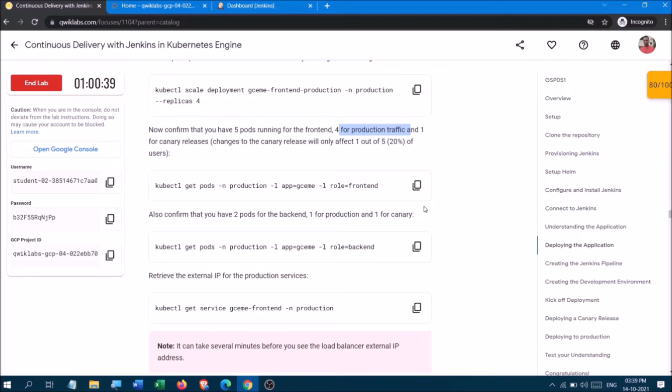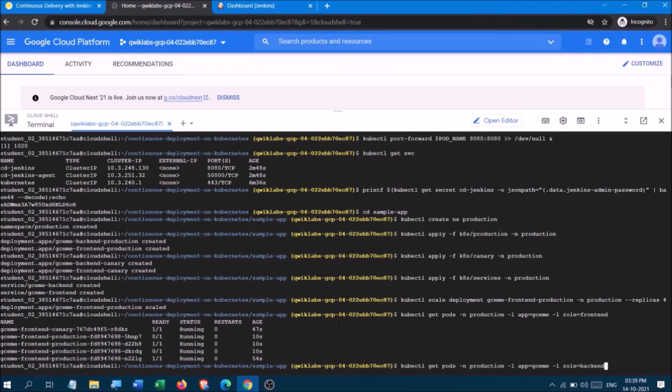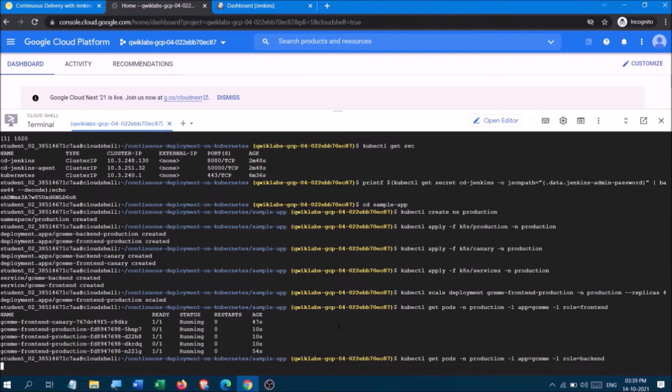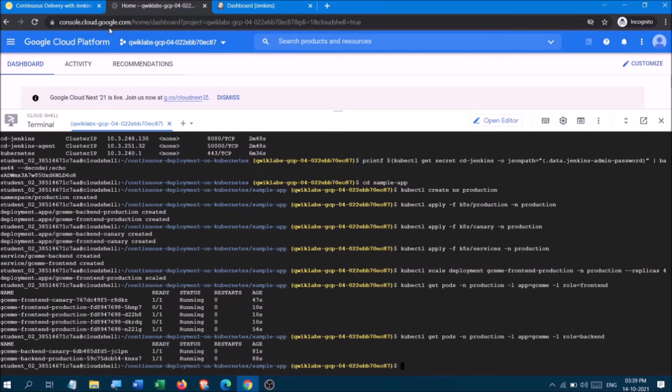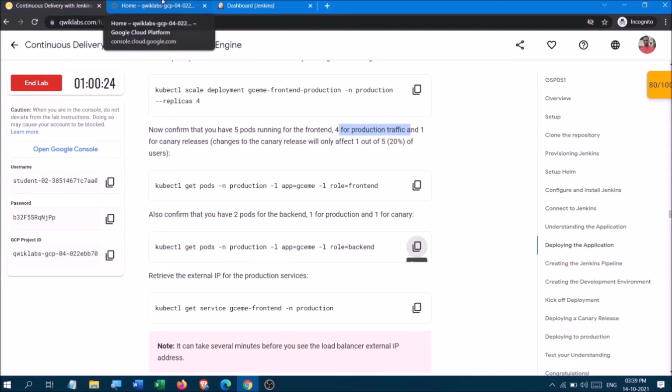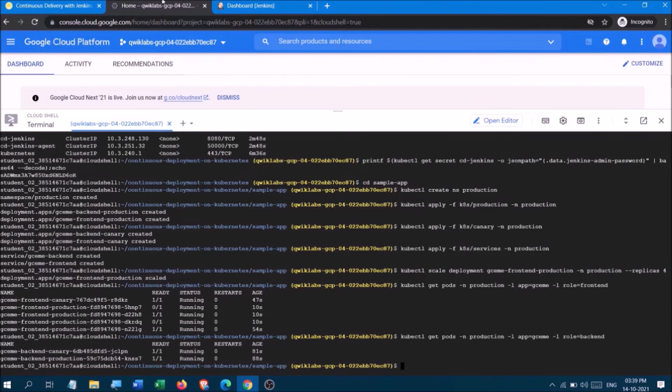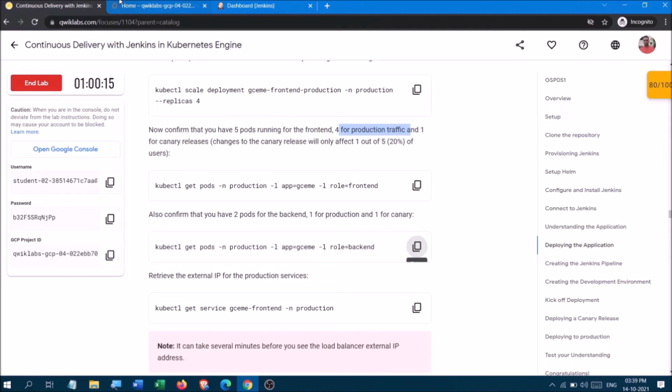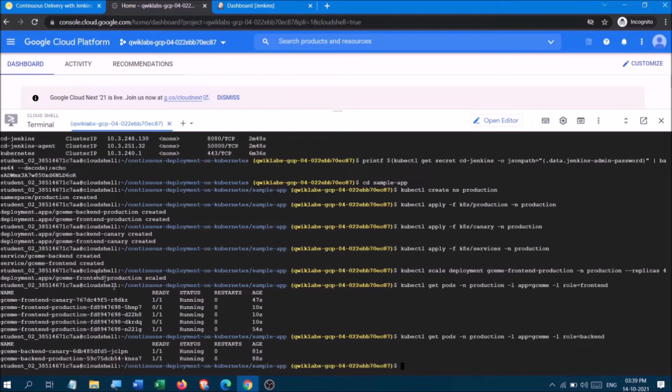Okay, copy this. Here what we are doing is, there are two parts like this part and this part.